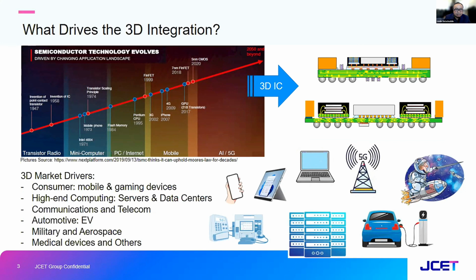If someone is not familiar with what OSAT stands for, it is outsourced semiconductor assembly and test. So basically, we are the manufacturing guys after the foundry, where you bring your chip and die, and we do the whole process. Let me start with this first slide, where I'm showing how semiconductor technology evolves, which has actually been explained by the earlier speakers. It is all about technology node shrinking, down to 5 nanometers today,